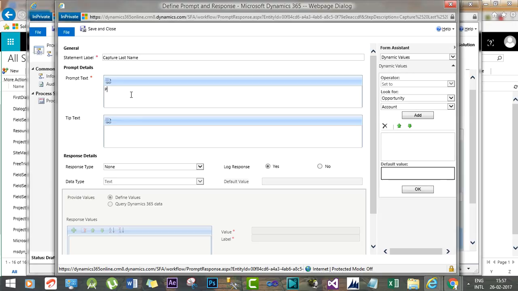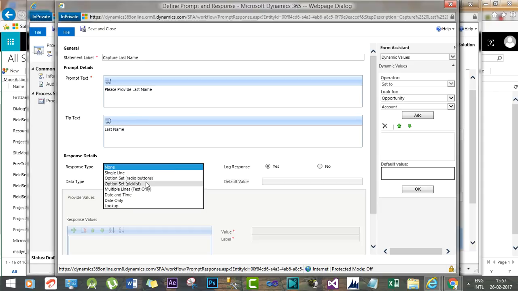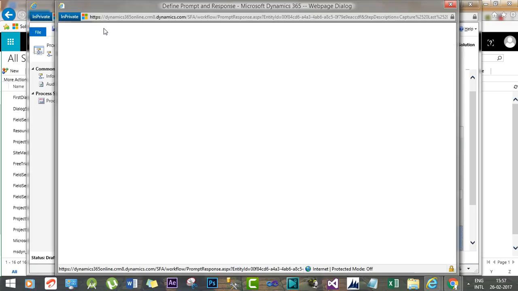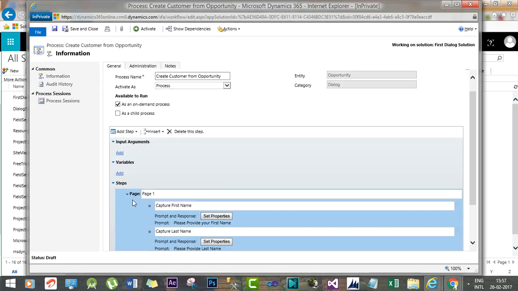Please provide last name. Give a tooltip text last name, and the data type, let's say single line and text. Now save and close. Now on the first page we have captured first name and last name, and